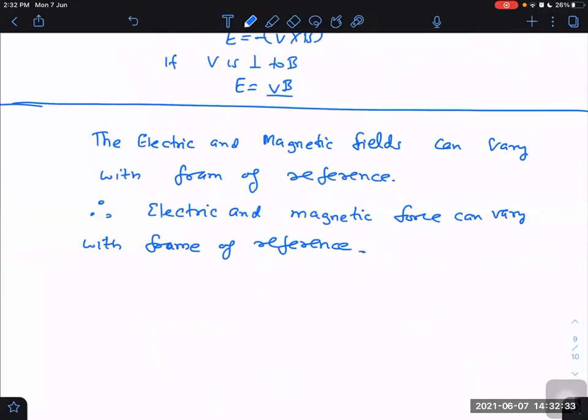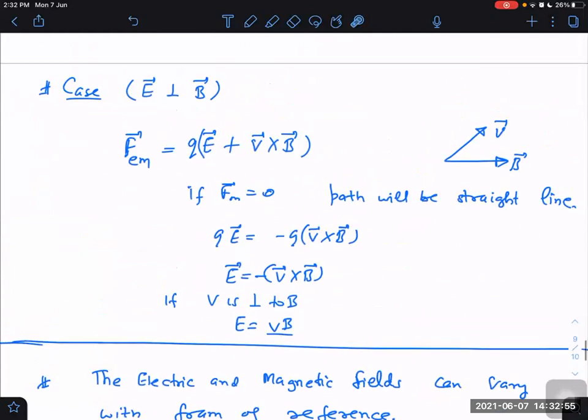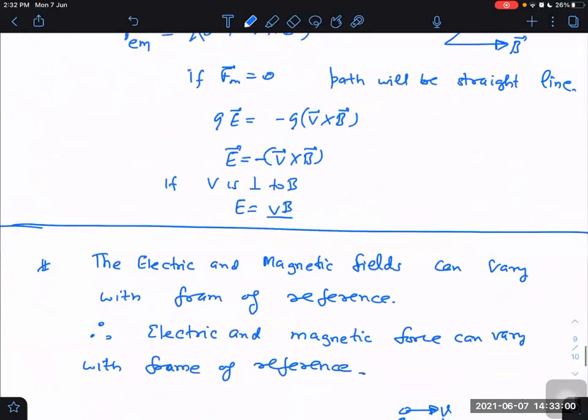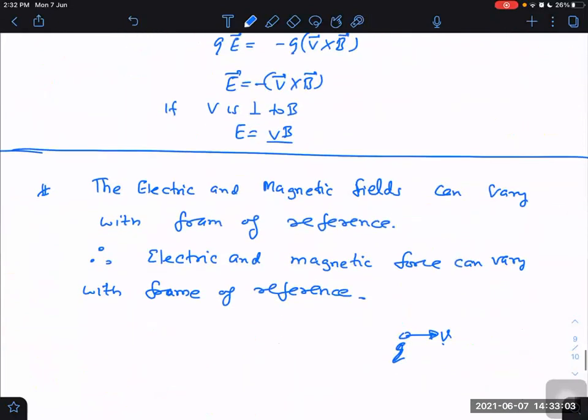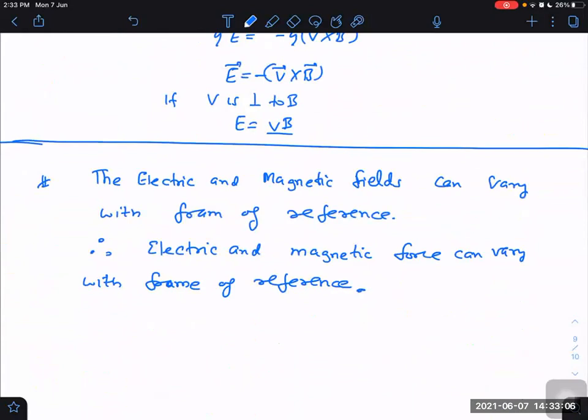Are you satisfied with this statement above or not? I think you can understand that if a charge is moving with some velocity, then it will have a certain field. But its velocity depends on the frame from which we are looking. If I look from a frame which is also moving with the charged particle with velocity v, then in that frame this charge will come to rest. So because velocity is frame dependent, the magnetic force will also be dependent on frame. But it turns out that although magnetic force can depend on frame, and electric force can depend on frame, the net force doesn't. Net force, all the real forces, are independent of frames of reference.